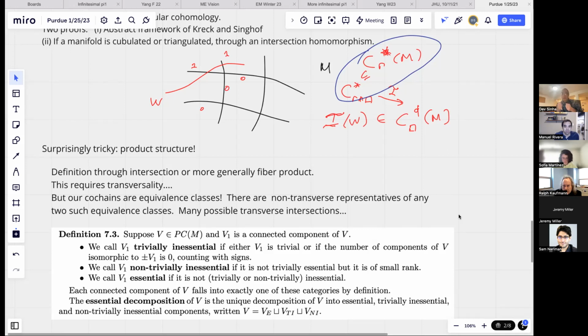out the ambiguity in your cochain in this way that the definition didn't quite give immediately, but breaking it out into trivially inessential versus non-trivially inessential. So by giving you this definition, I'm giving you a strong hint. From there, there's still a lot of work to do, but it's checking well-definedness through the definitions of what we're setting to zero.